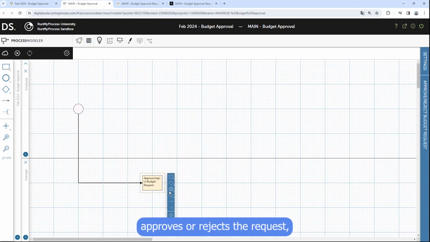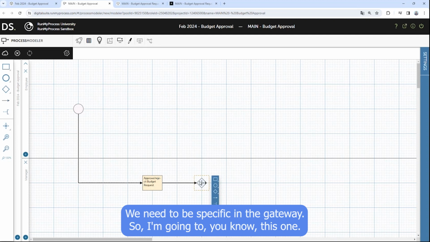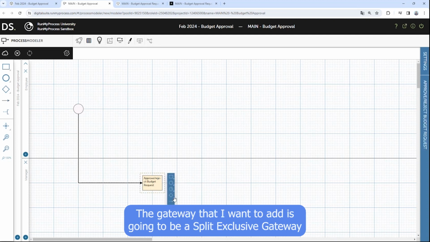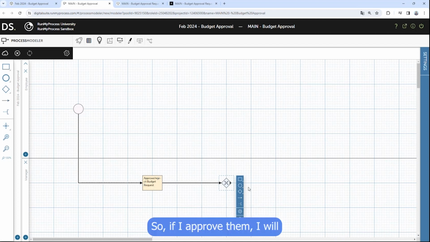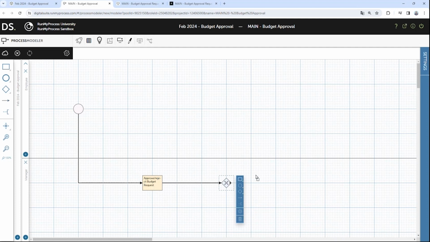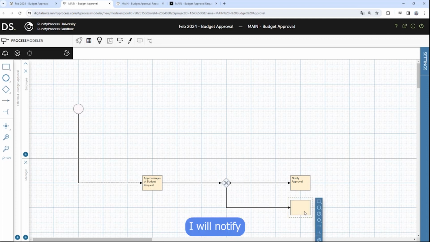And after the manager approves or rejects the request, we are going to add a gateway. We need to be specific in the gateway. The gateway that I want to add is going to be a split exclusive gateway, because the two conditions that I will have as output are exclusive conditions. Either I approve or I reject. I cannot do both. So if I approve, then I will notify for the approval. And if I reject, similarly, I will notify